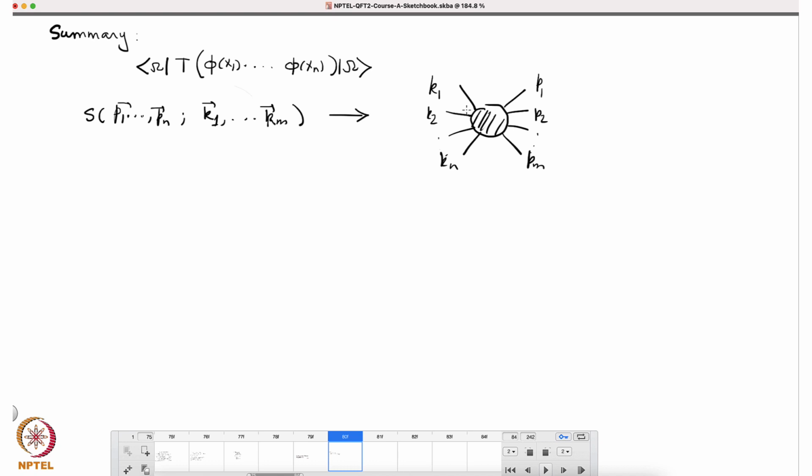And now what we want to learn is how to make some contact with experiments, given that we have learned how to calculate these objects. Okay. So, that is the goal, and before I tell you that, let us first look at a few experiments that have already been carried out and are in progress. So, I am listing a few of them. One of the very famous experiments was